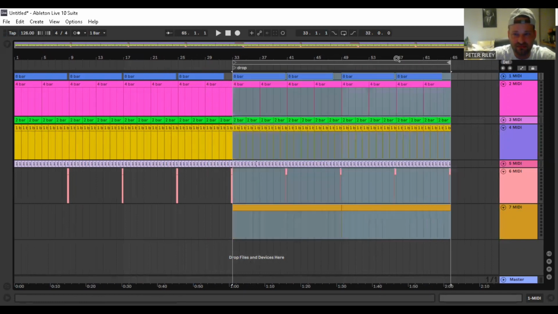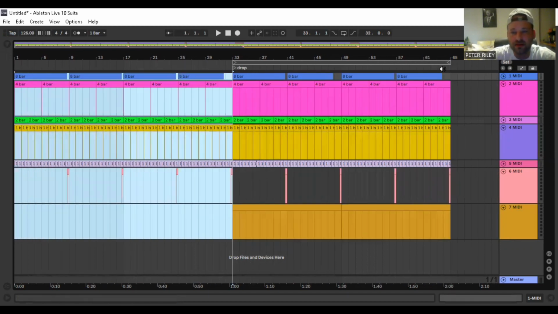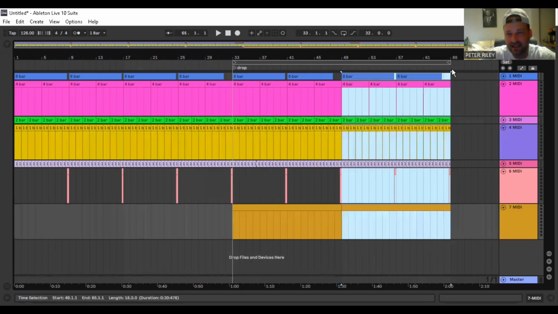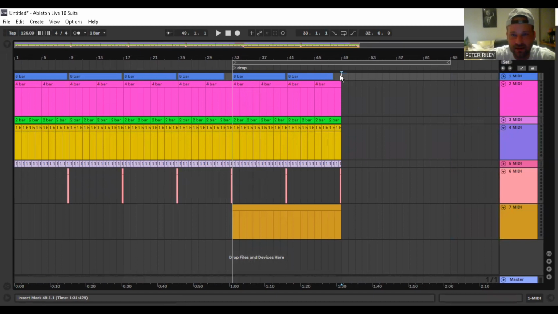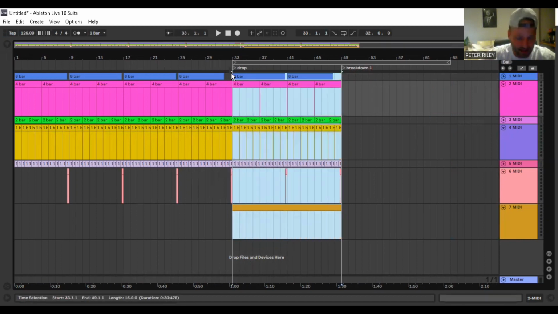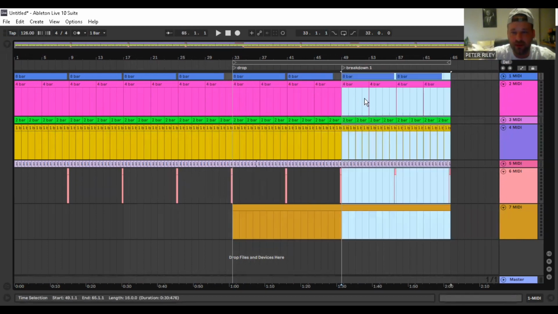So you've got your bass line the same length as this, or the start of your drop, and then move into a break. Or you could tease it a little bit and have a 16 bar drop, and then you start moving into your first breakdown. So if I add a locator there and rename it breakdown 1. Breakdown 1, we'll cover breakdowns and all of that sort of stuff